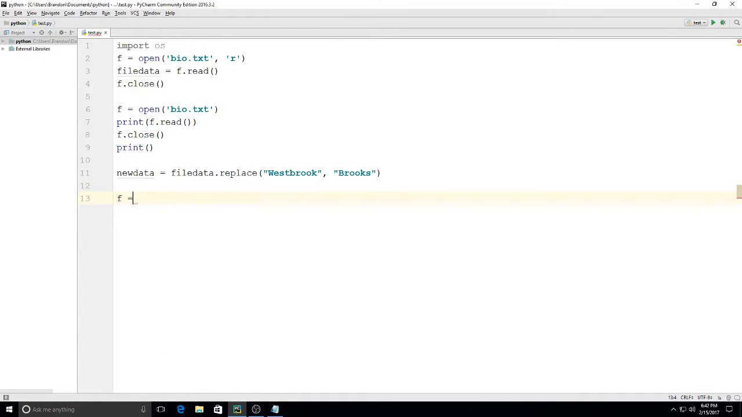Then we'll go to f equals open. Right here we're going to just create a new bio file. We'll keep the original one. I like to do that anyway, just in case I overwrite a previous one. If I made a mistake and then I lost all my original data, that would be a shame. So f is equal to open, then we'll put bio2.txt, and since I don't have that file created,